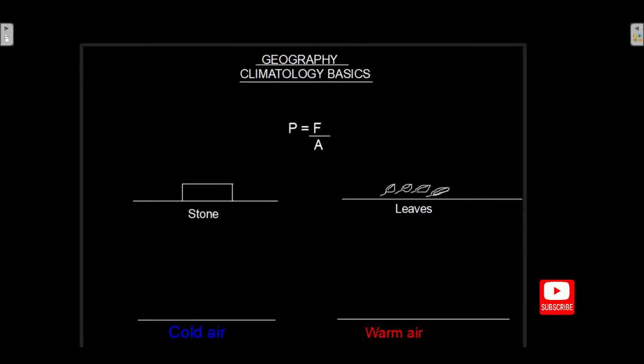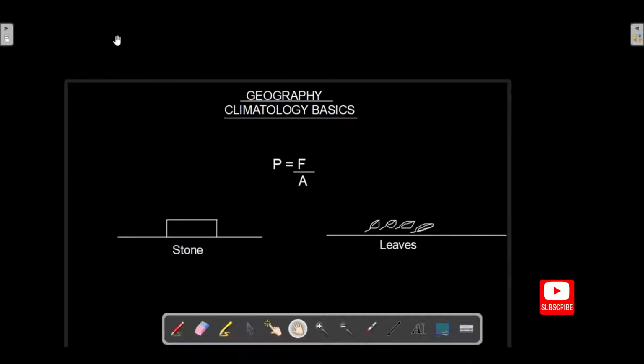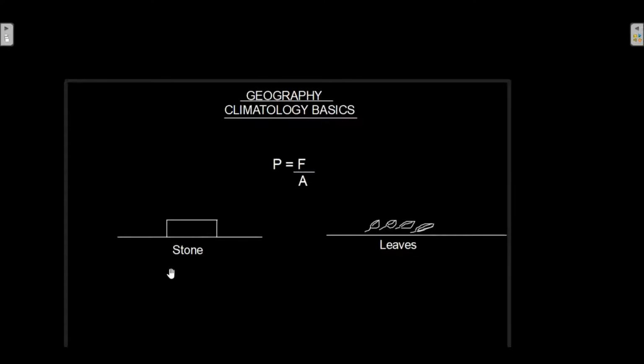I'll start right here with this illustration, as you can see. We talk a lot about atmospheric pressure, right? So you find that we have anticyclones, cyclones, low pressure, high pressure, and the related weather patterns as well. It's really important that you first understand what atmospheric pressure is, how it influences the movement of air, and how it is also related to weather patterns, as I said.